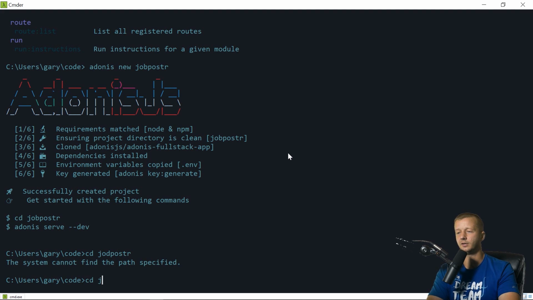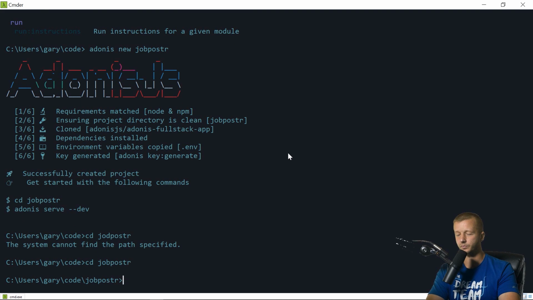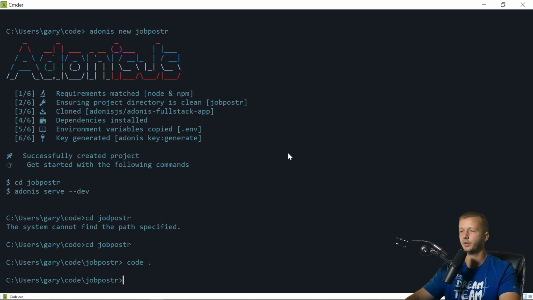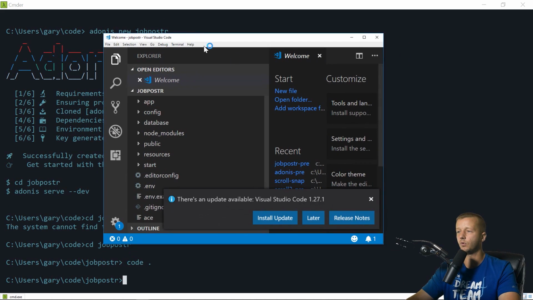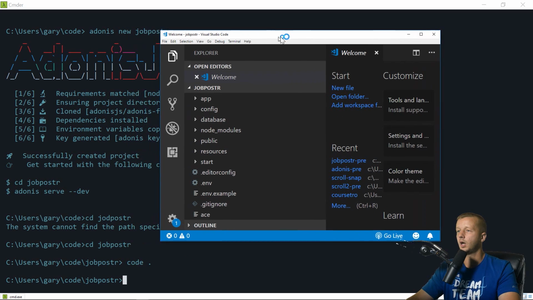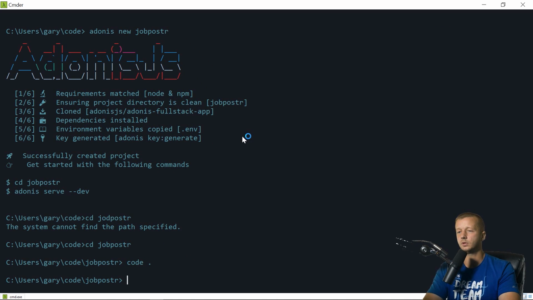Cd job poster. And then before I run Adonis serve, I use Visual Studio Code, so I can run code period to open up the current folder here. Oh, and I need to update my Visual Studio Code. I'll do that later. And then I can run Adonis serve